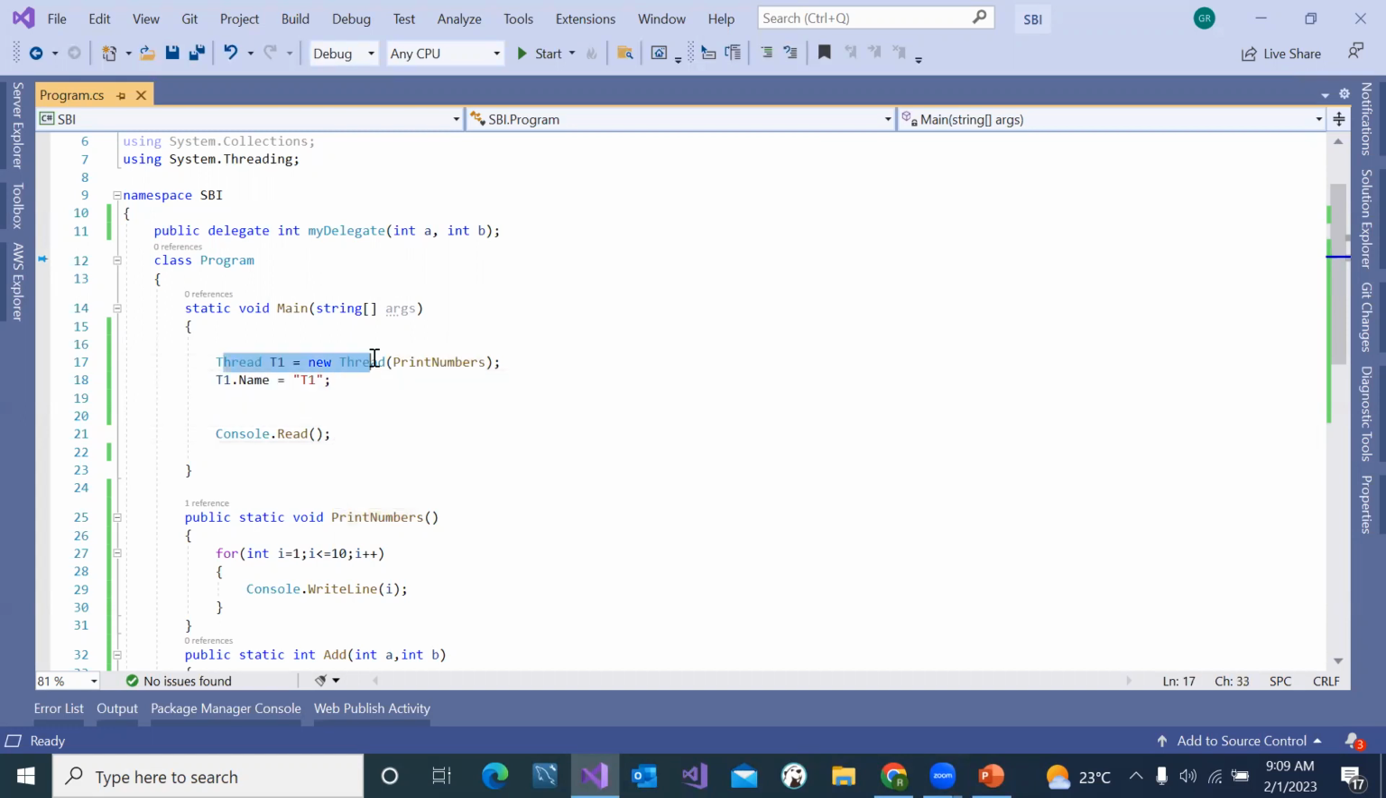You're not giving control to the system. You are creating your own thread, taking control over it, and specifying as part of your thread what has to be executed. Until you say, hey, start it, it will not be started. If I say start, it will start executing this. It has a set of methods like start,